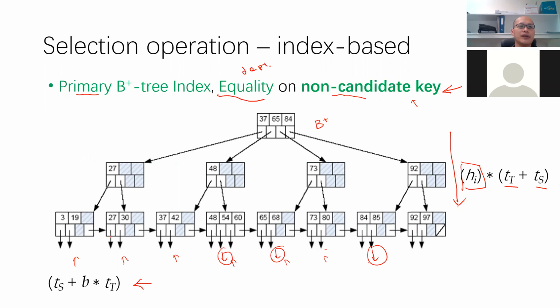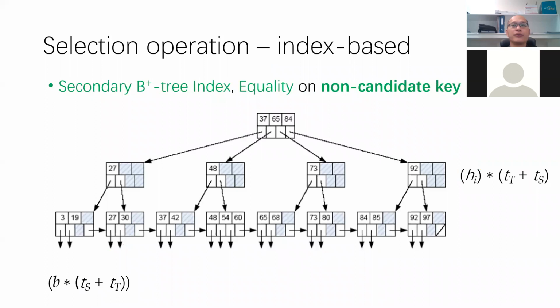So there is an initial access of finding this non-candidate key, and after that we need to go through all the different blocks in order to seek out where my tuple resides. Okay, so the cost